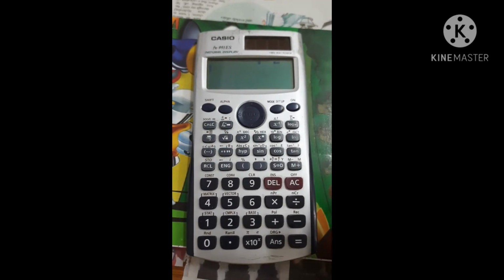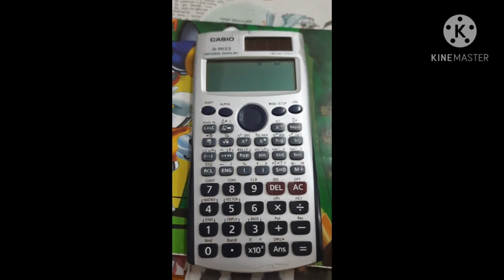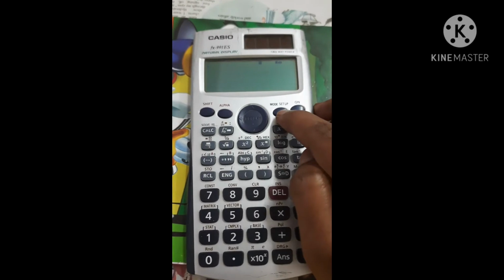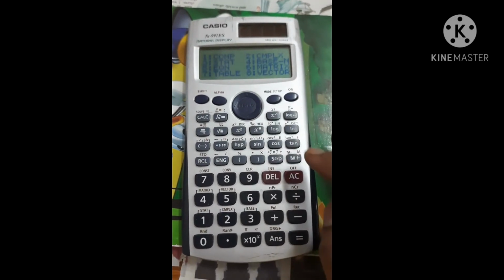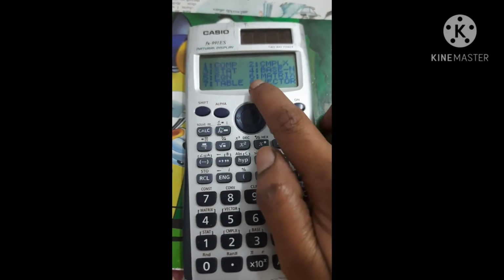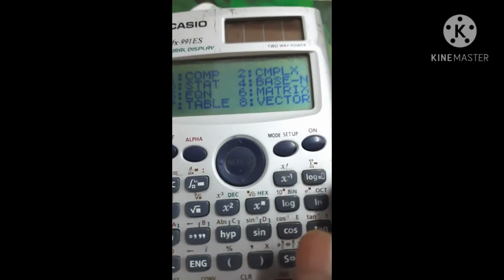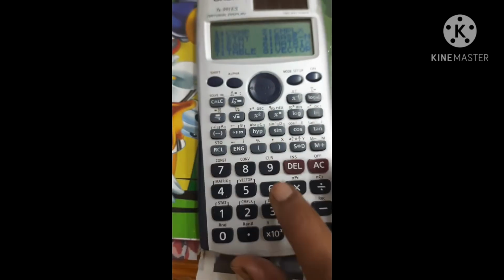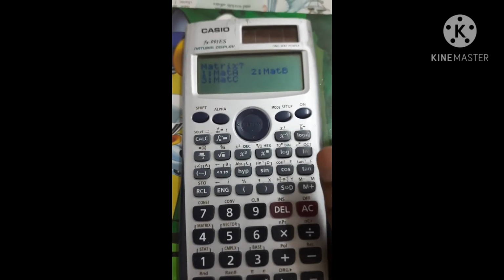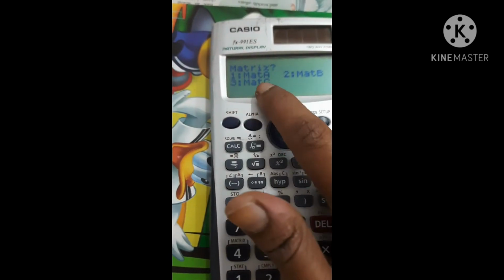Now we are going to save two matrices, for which first go to Mode, then we can see different options. Among them we need to choose the Matrix option, which is option 6. So press 6, and then we can see 3 options.